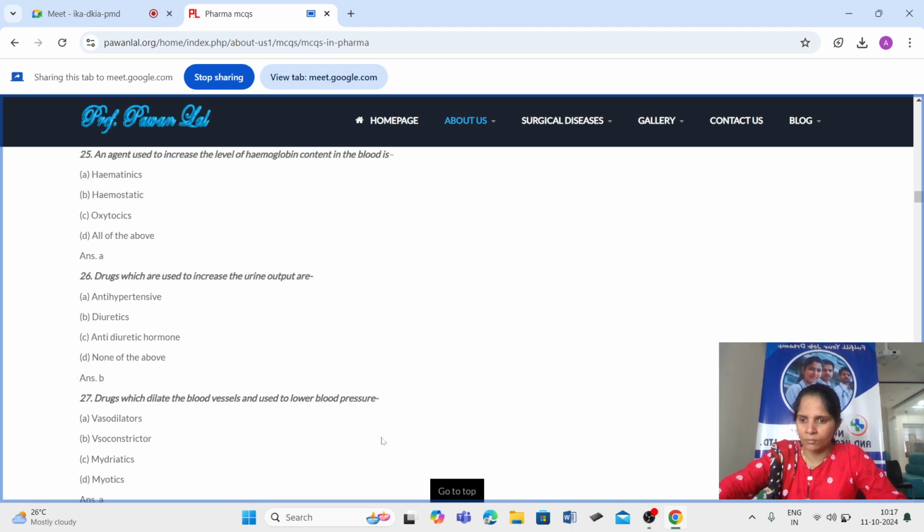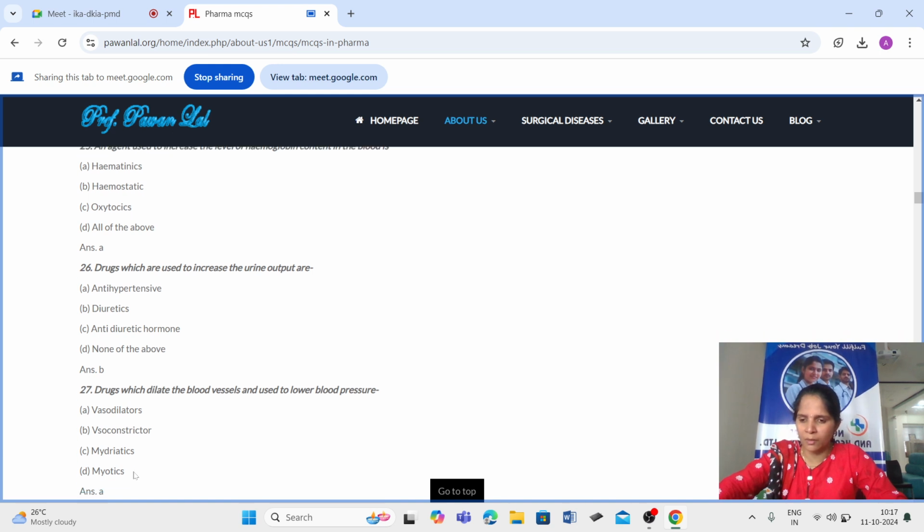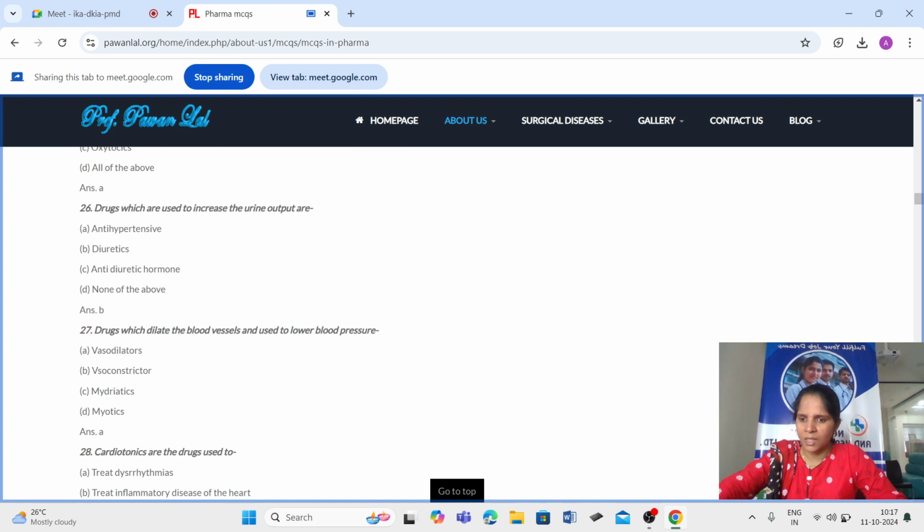Next, drugs which dilate the blood vessels and are used to lower blood pressure are called vasodilators. We don't call them mydriatics or myotics. Next, cardiotonics are the drugs used to treat